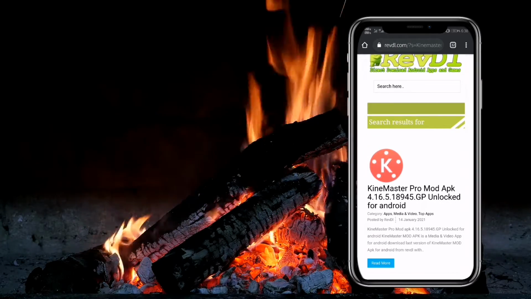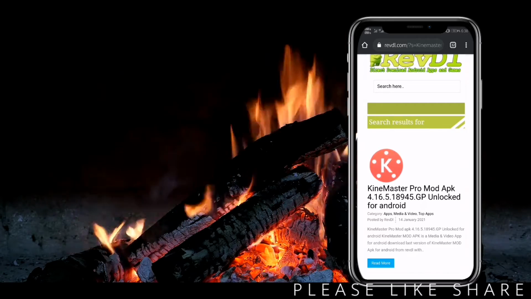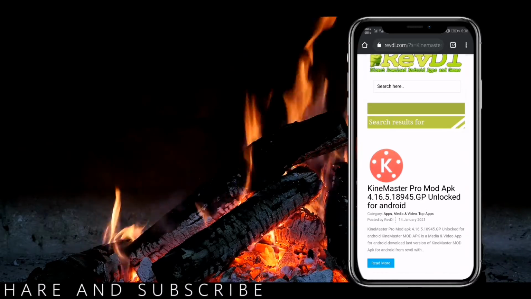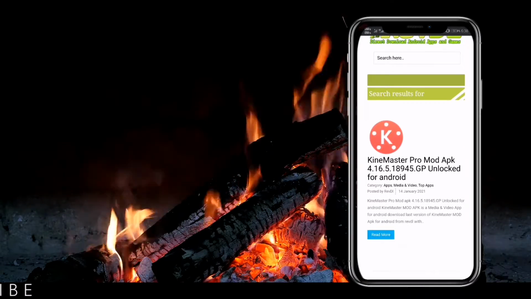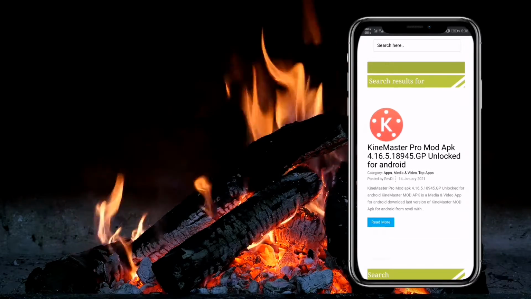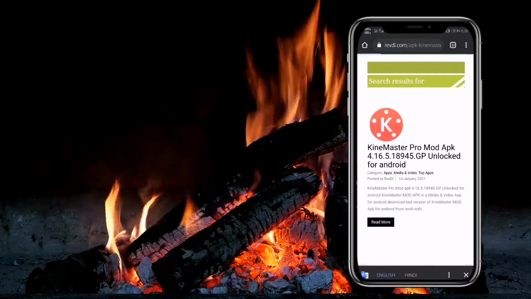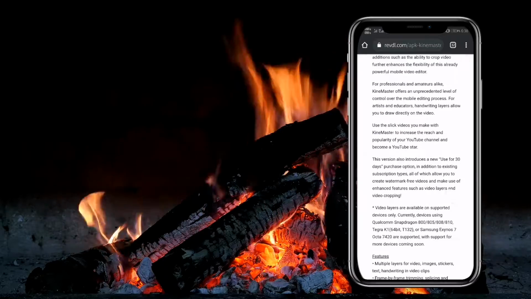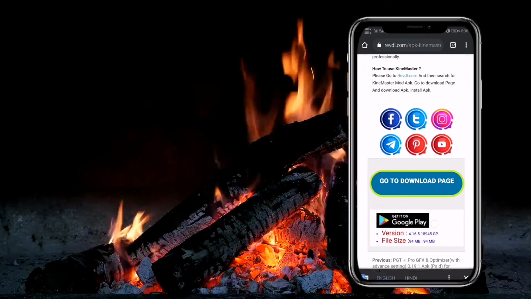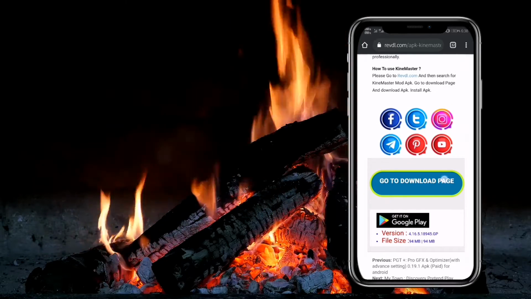In first showing Kinemaster Pro mod APK 4.16.5. This is latest, means 14 January 2021. This is latest Kinemaster. So if you want to download unlock these Kinemasters, then first read more, then scroll down and go to download page, then click go to download page